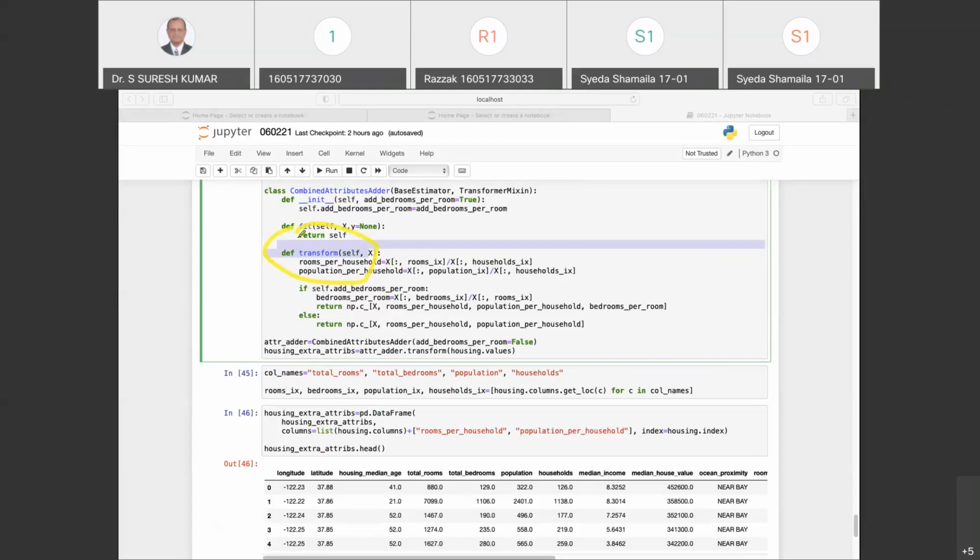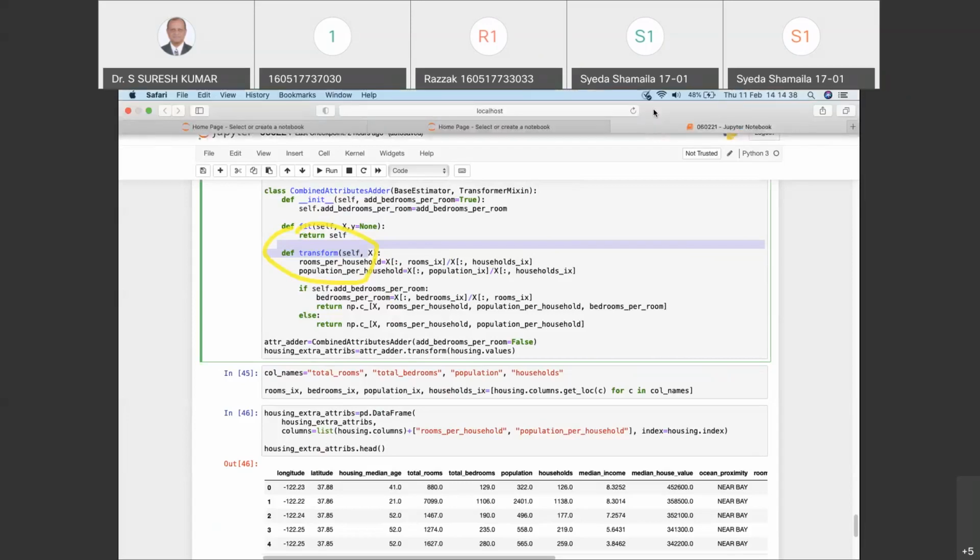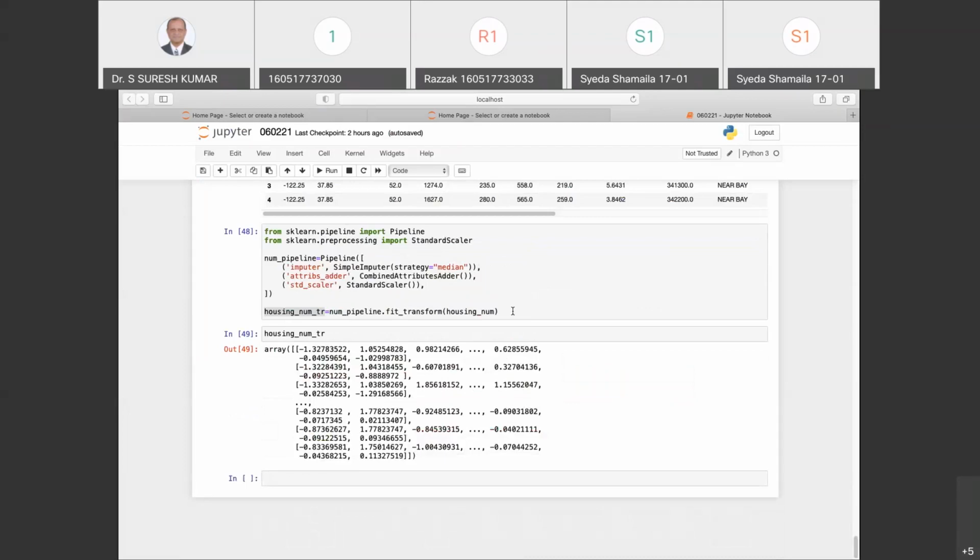And in this example, the last estimator we have used is the standard scaler, which is a transformer, so the pipeline has a transform method that applies all the transformations to the data in sequence.